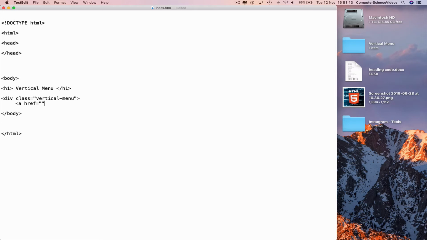equals speech marks hashtag, class equals active, greater than Home, less than slash a greater than, go to a new line again, indent, bring in the rest